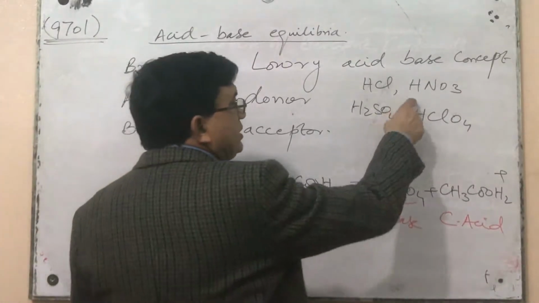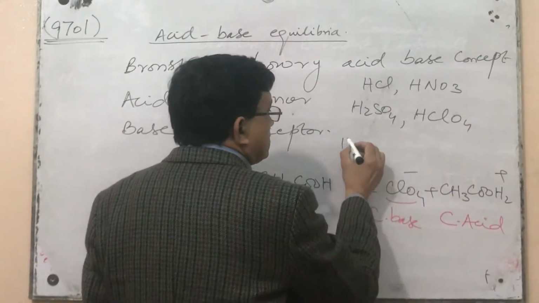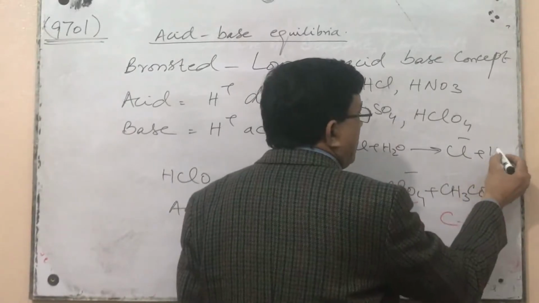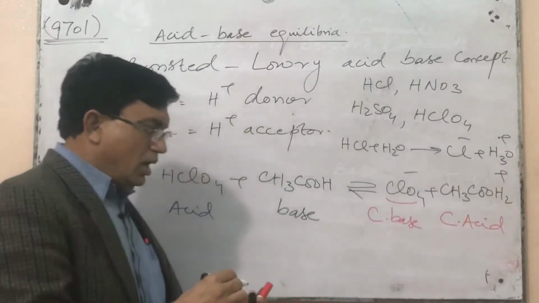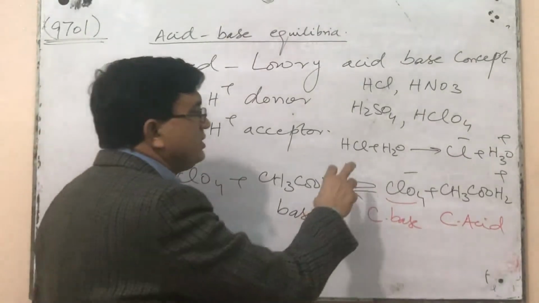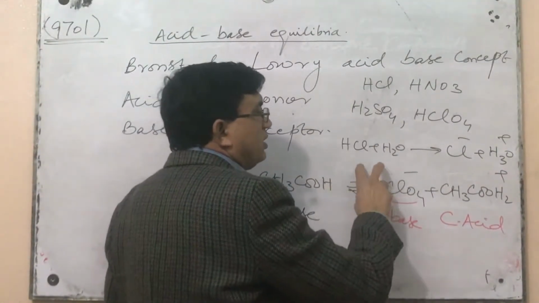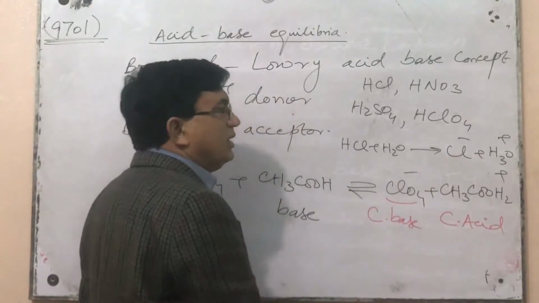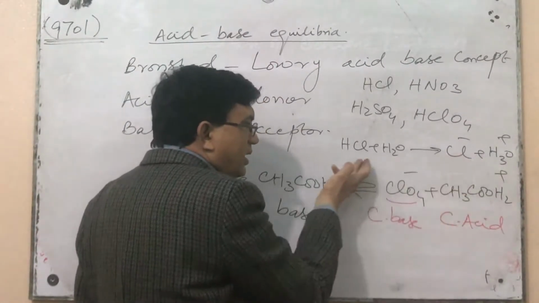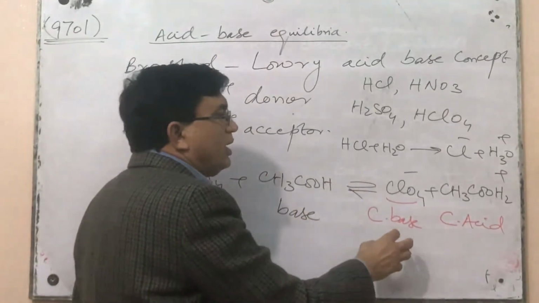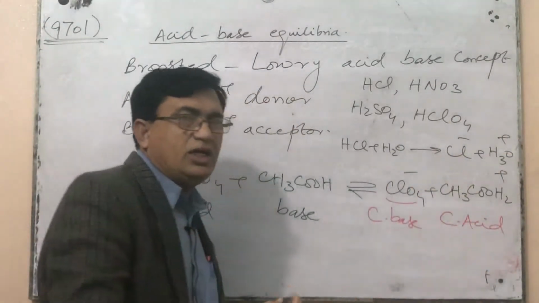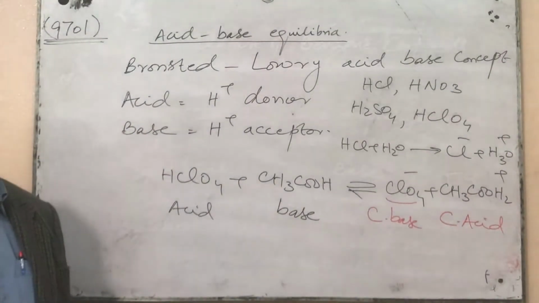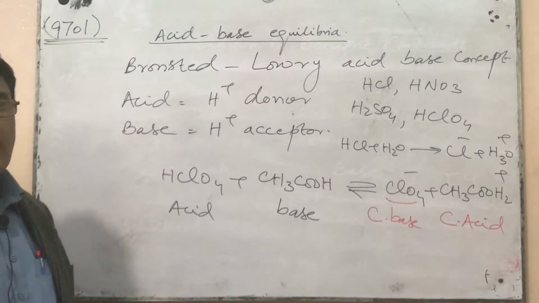And if we put these acids into water, then just like HCl, whenever we will add into water, it will change into Cl negative and H3O positive. All these acids will behave just like this, as these are the strong acid. So whole of this process will move to the right in the product side. That's why these will not turn back into the reactants. That's why the reverse reaction is negligible in this case. So the establishment of equilibrium is not too much considered in this case, because these are strong and the strong